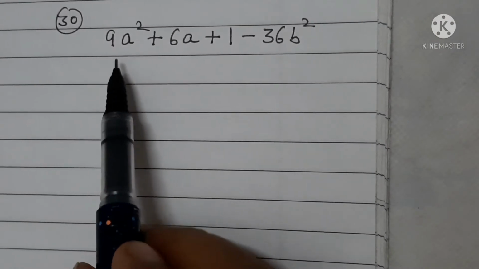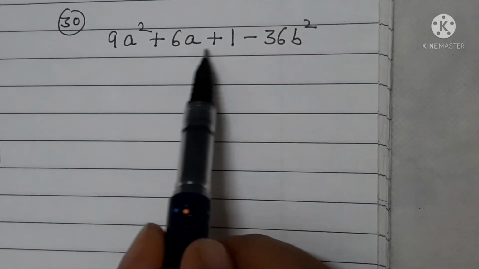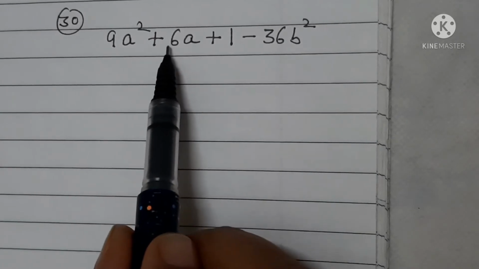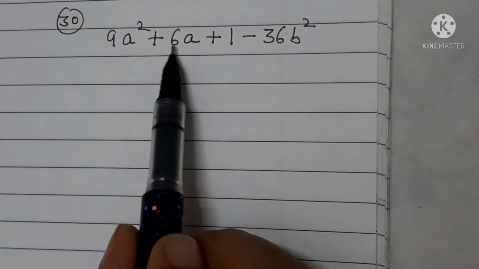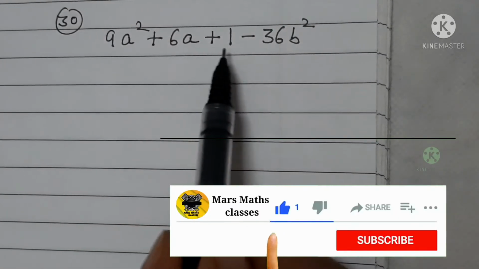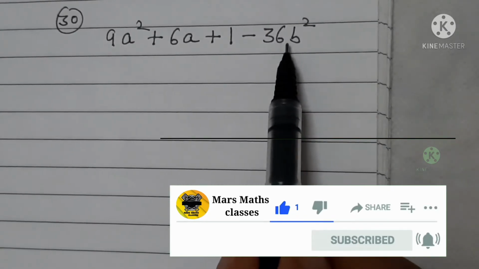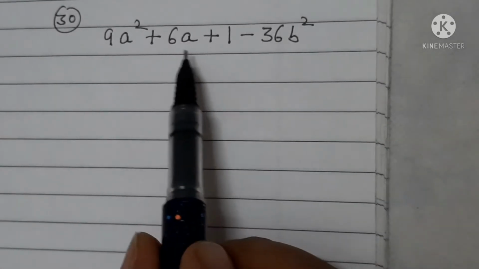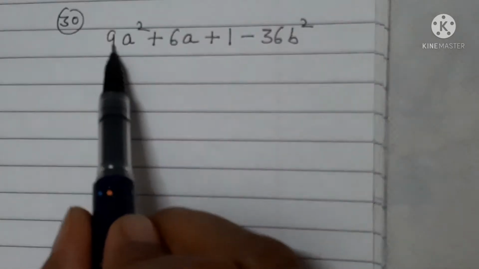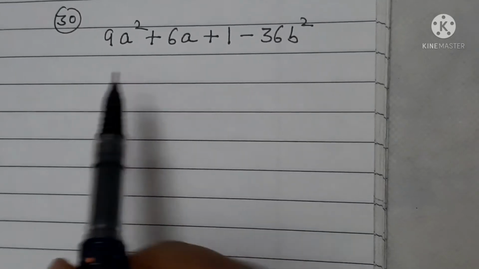Question number 30. See all the terms carefully and see these three terms. It means here you can break it, 3 to the 6, means 2ab form, because a is 3a whole square and b is 1 square, and this is 6b whole square. So you will make the identity of a square minus b square by making these three terms a whole square of a plus b.